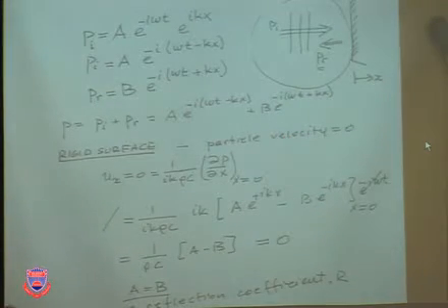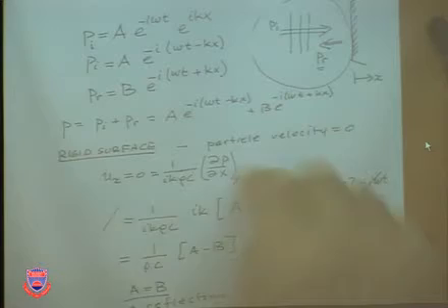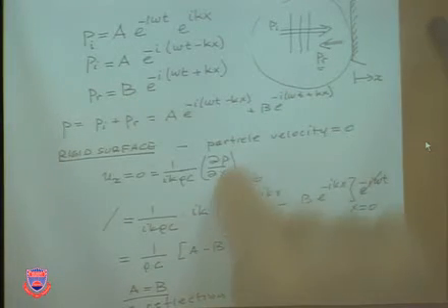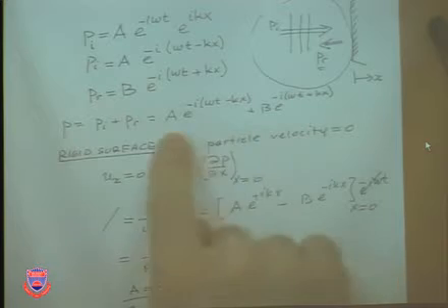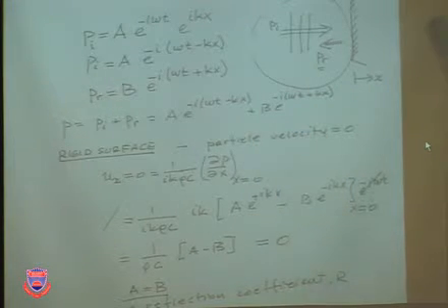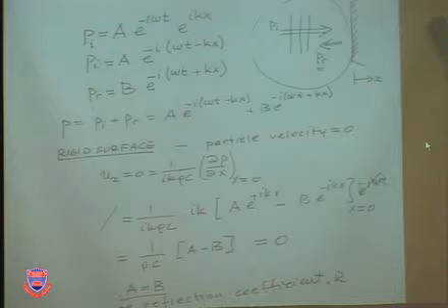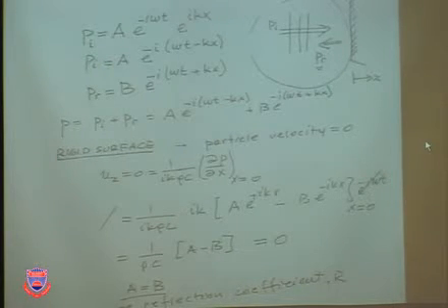What did we say? The density times the acceleration of the particle is equal to the negative of the pressure change, del P del x. So if you make that substitution and take the sound pressure derivative with respect to x, you end up with the condition that incident and reflected waves must be the same. And the pressure reflection coefficient is equal to 1. So if we go back and substitute in the total sound pressure expression, what we end up with is